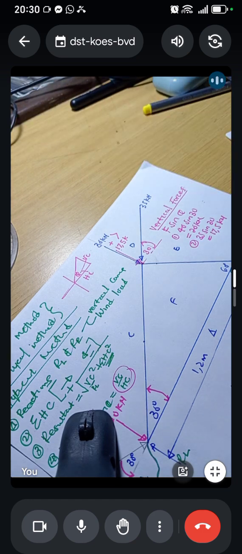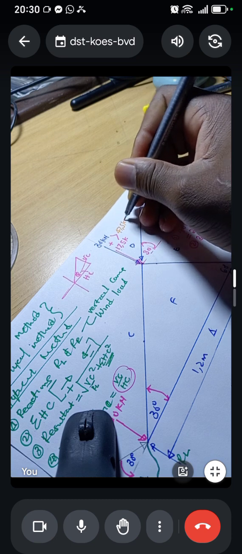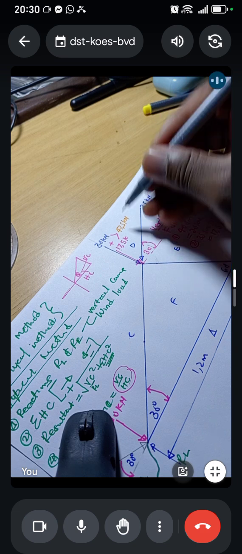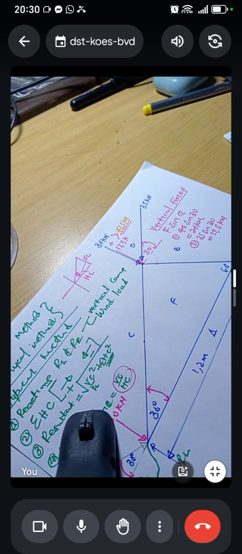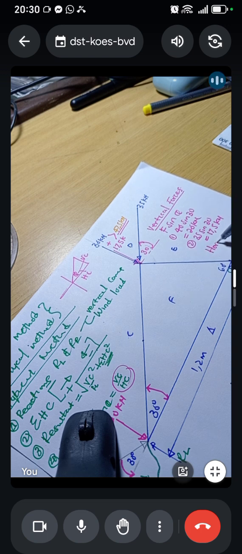We are going to use that force. Our focus is going to be this one. Now we are going to do what? Horizontal component again. Horizontal forces, you're going to say number 1. You're going to have 40 cos what? Cos 30, which is